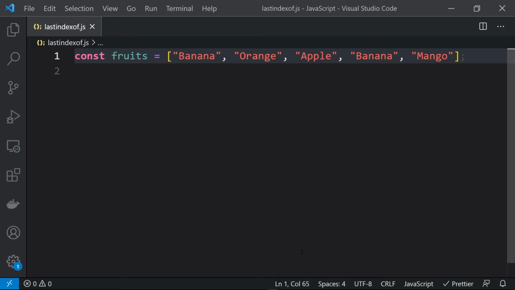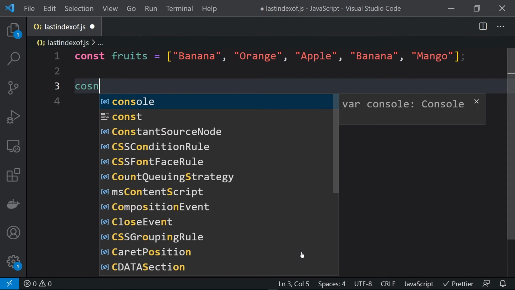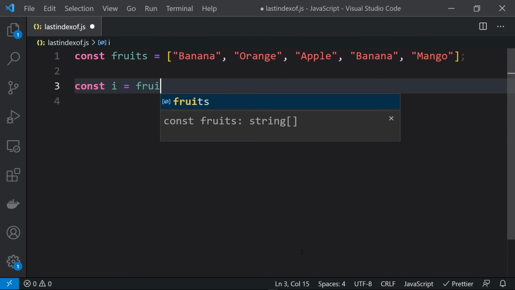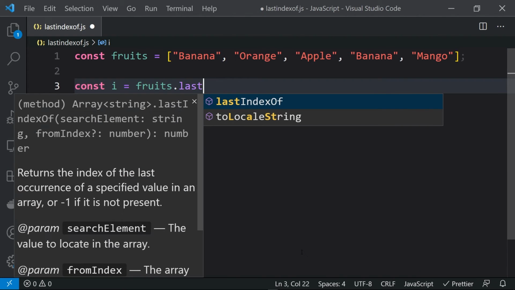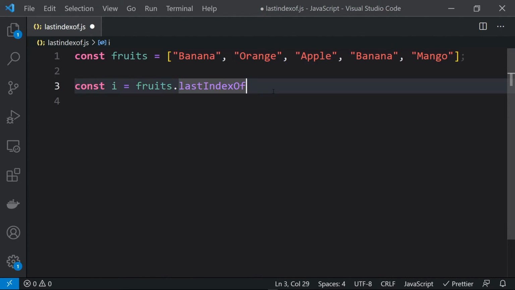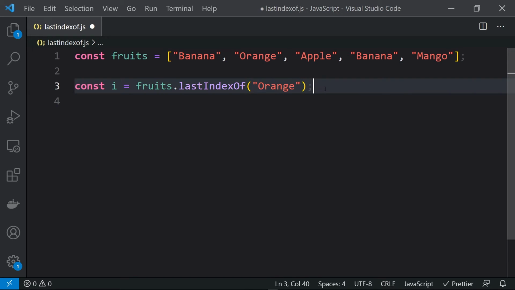We are taking the fruits array over here and we have banana, orange, apple, banana and mango. And here we will use the lastIndexOf method. I will just give const index equals fruits.lastIndexOf, and lastIndexOf says that it returns the index of the last occurrence of a specified value in an array, or -1 if it's not present. So we'll use this function and here we will pass the last occurrence of an orange,